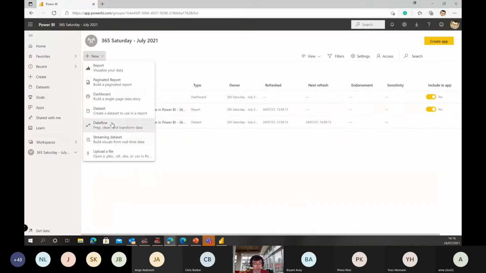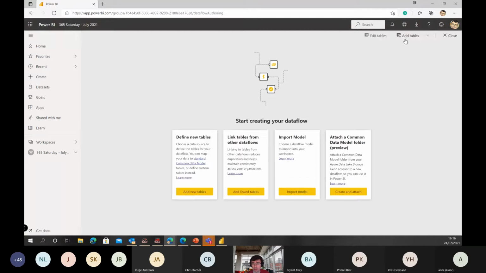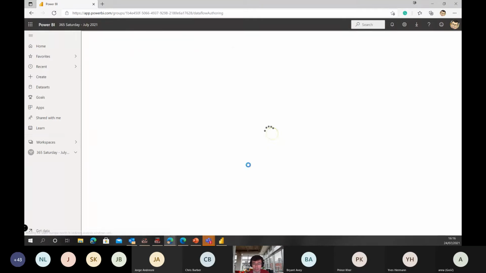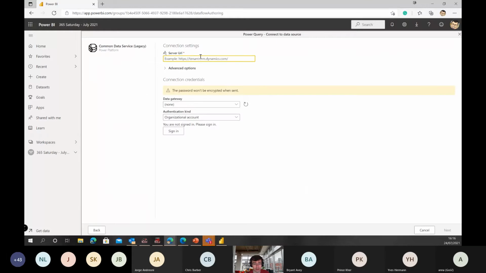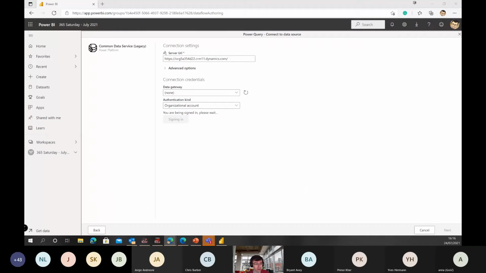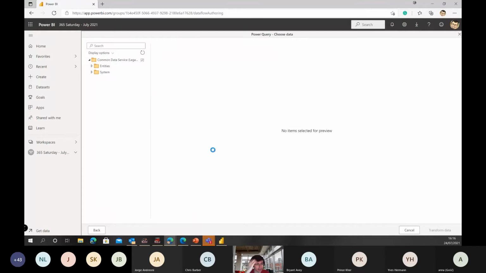So I'm going to click on Data Flow, Add Tables again. Select Common Data Service Legacy. Let's paste that in, sign in. There we go. So it's just asking me to log in on the other screen. So I'll just click on Sign In just to confirm that. Click on Next. And now what it's going to do is going to go off into my Dataverse environment and